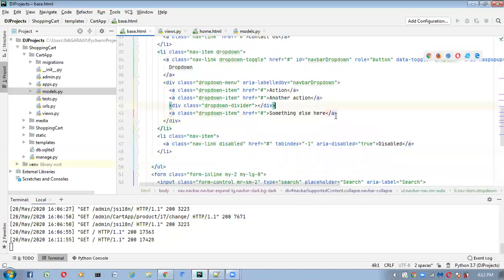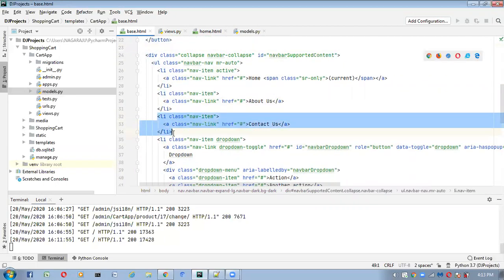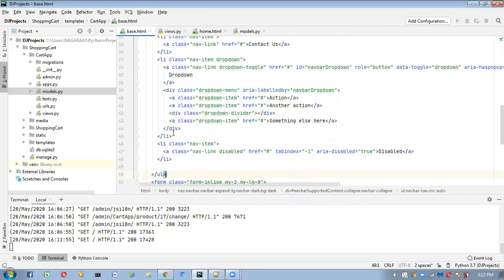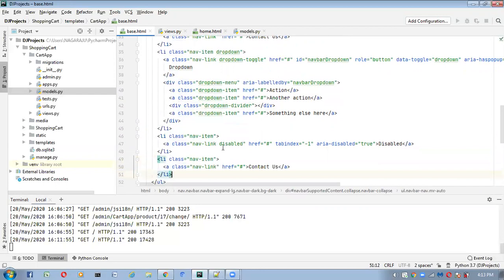I'll copy this one, and at the end I will put it here. Paste it.